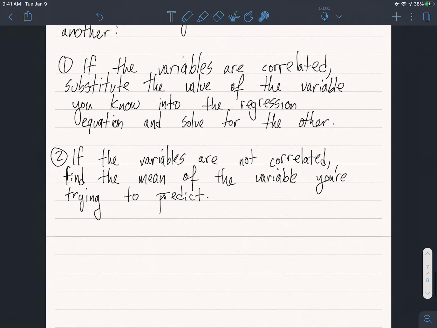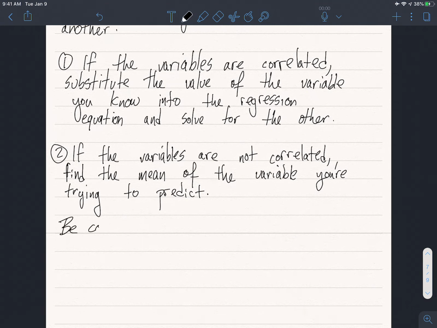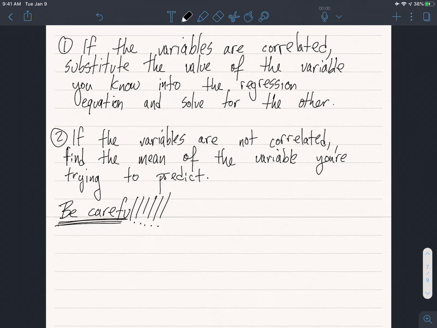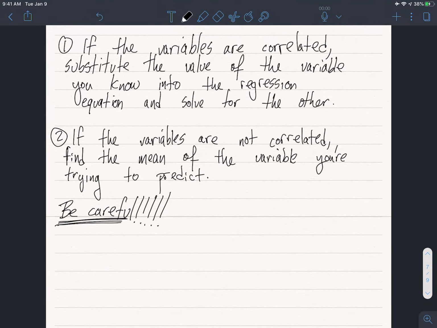There's just a few last points that I need to make that are super, super, super important. Be careful. Give a couple exclamation points for here. There are two big things I want you to take away from this section before we get into actual examples. The first thing to be careful of, and you've probably heard this phrase before, is